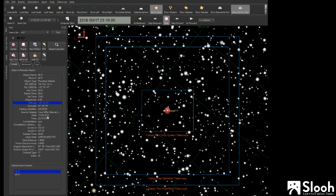So there we go. So here we can see we've got this really quite small object right in the center of our field, the Ring Nebula. It's a planetary nebula. It's a sun-sized star that's kind of reached the end of its life, and it's kind of shrugging off its outer layers of material, and it kind of puffs out and forms these beautiful rings, or if we see them on the side, they look like hourglasses, like the Bug Nebula. But anyway, you can see here